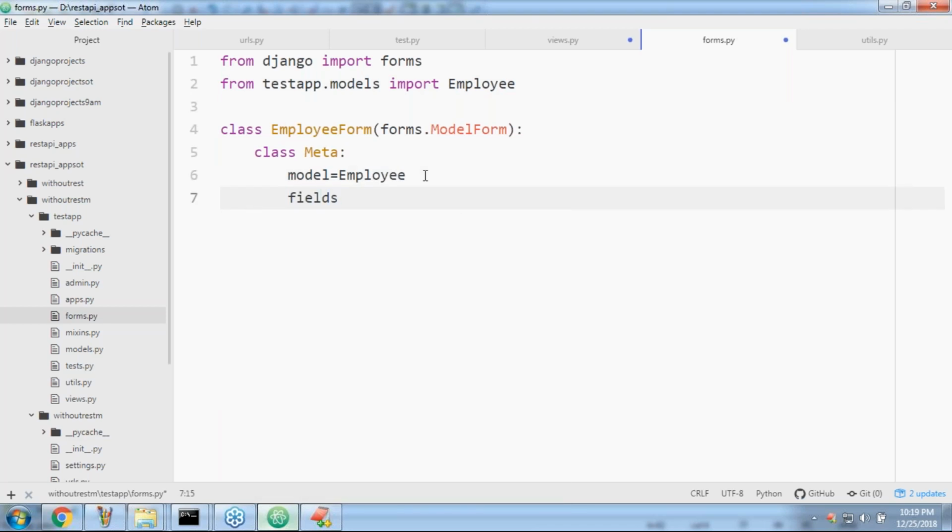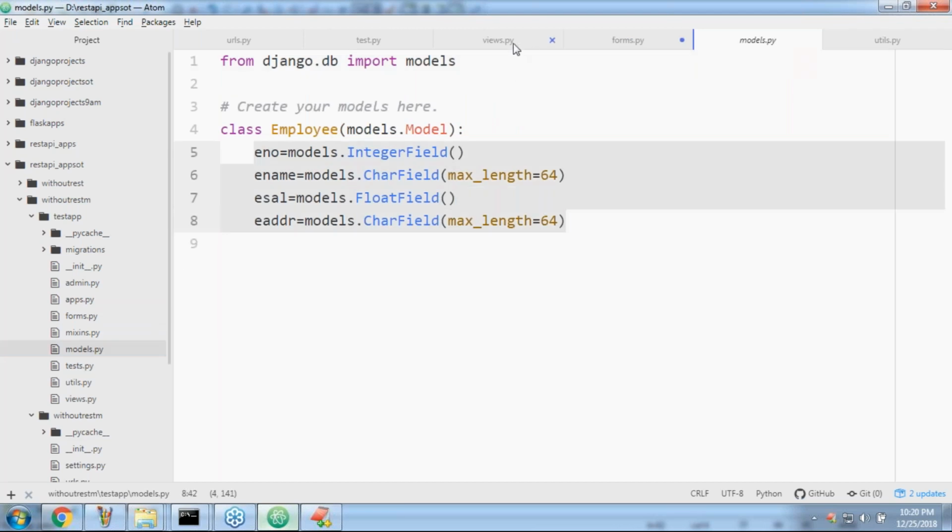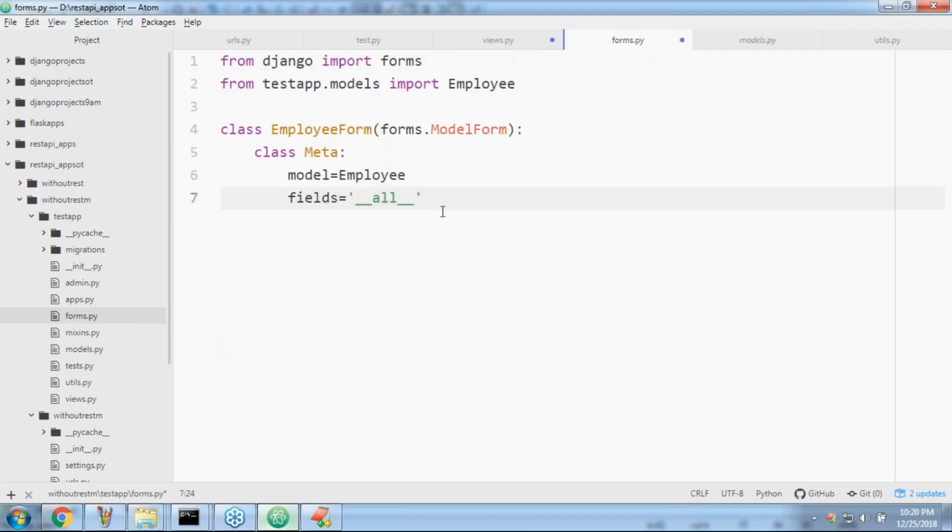Have you remembered, at our childhood we discussed, fields equal to '__all__', meaning all fields in the employee. How many fields are available, sir? Just only 4 fields are there. If you want to do any validations, clean methods are there, and we will do those validations also, don't worry, sir. But as of now, just be aware.